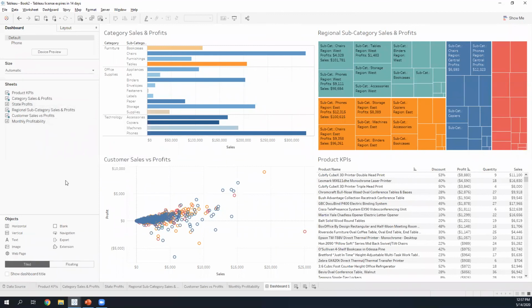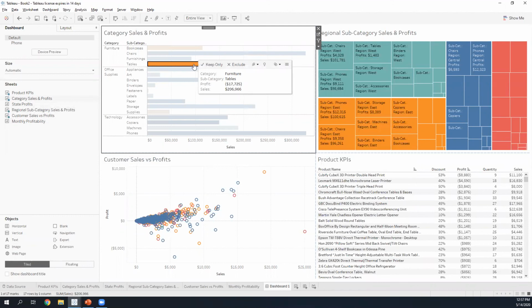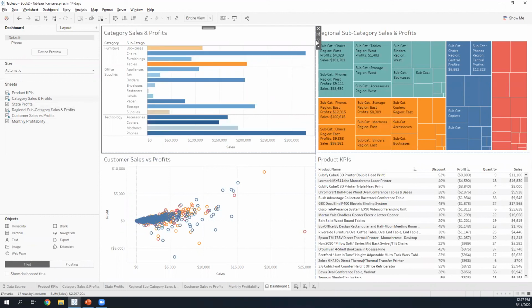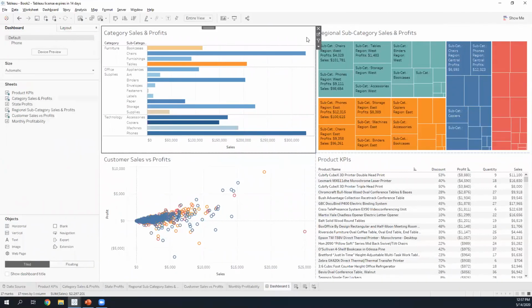Finally, what I'll go ahead and do is include that filtering component here, and that's going to be quite easily added in by clicking on a worksheet. So for example, let's say I wanted to specifically focus on the tables subcategory. I can absolutely click on the funnel icon. If I go ahead and hover over it, notice that there is a tooltip that pops up as "use as filter." I'll go ahead and select that icon here,